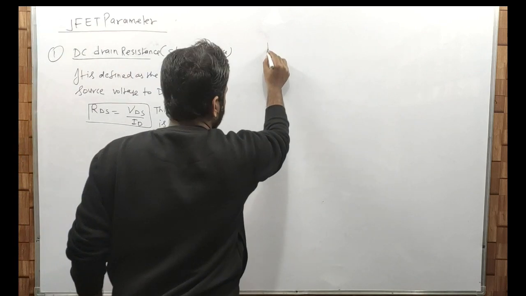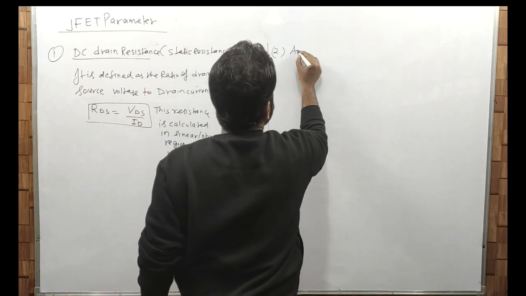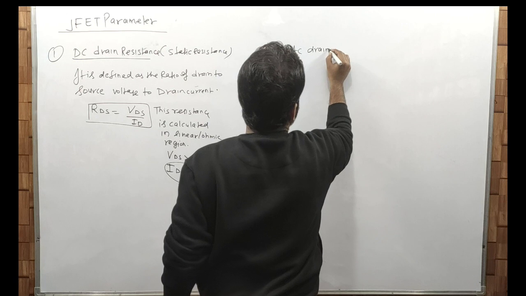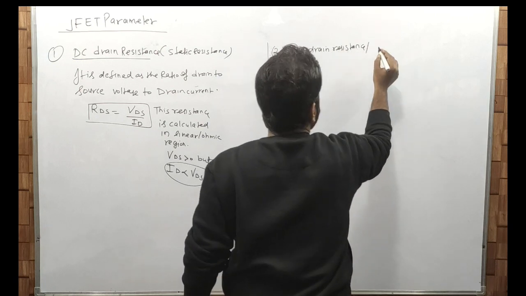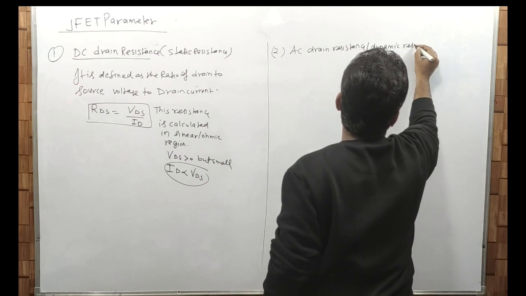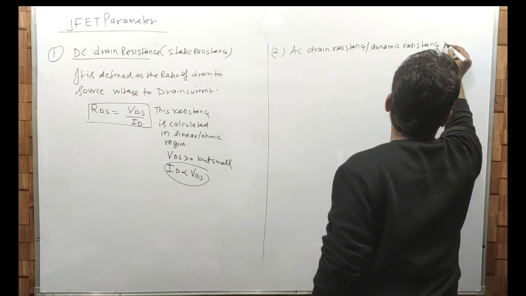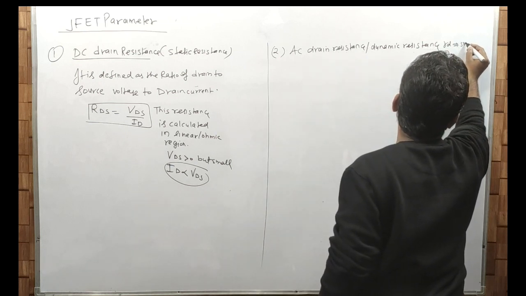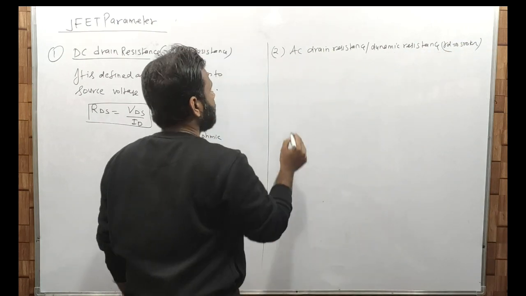Now the second parameter is called AC drain resistance. AC drain resistance, this is also called dynamic resistance, whose value ranges around 500 kilo ohm, ठीक है। Now पहले define करते हैं। It is defined